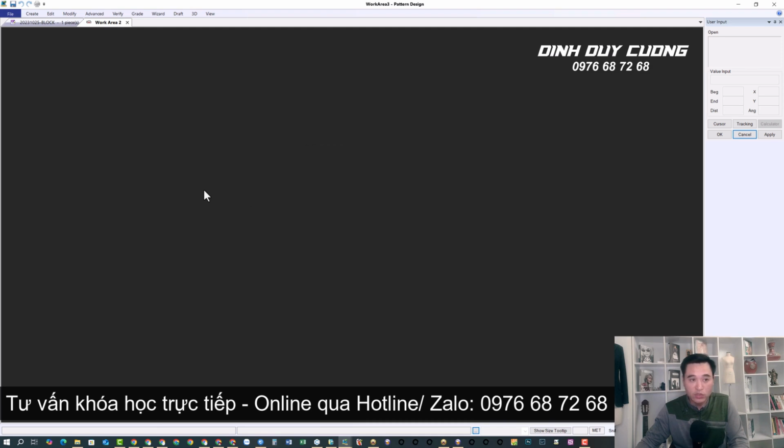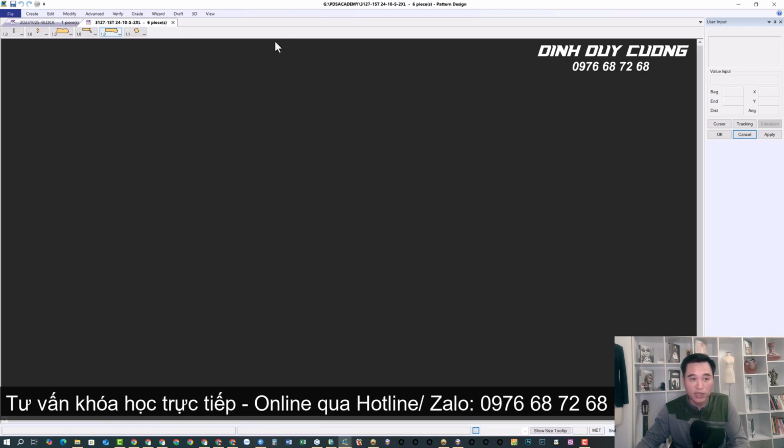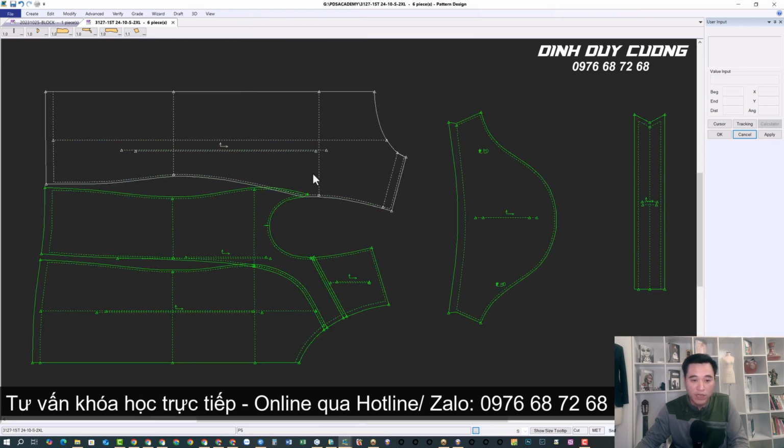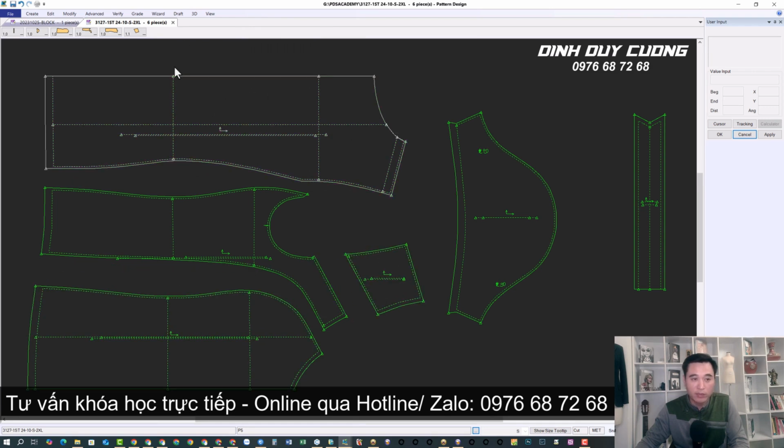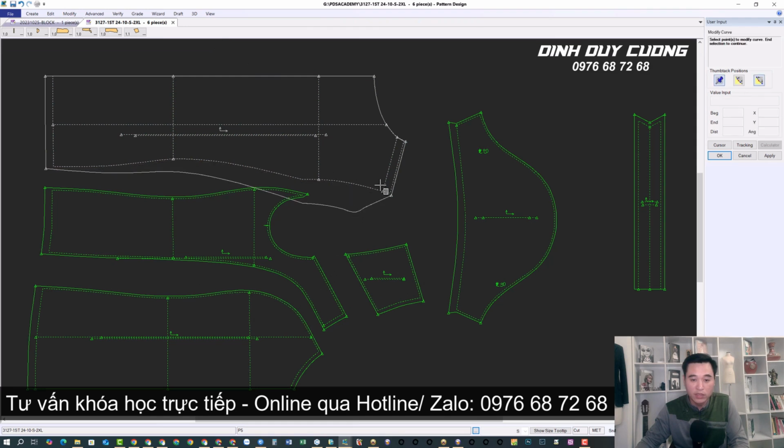Wait a moment, and you will see on this menu bar that the DXF details have been imported into the Google software. You will bring down all the details. And if you leave it like this and make adjustments to the lines in the Google software, the sewing lines will not adjust accordingly. So that's simply not acceptable for us.